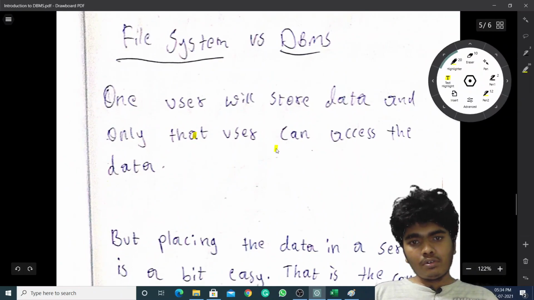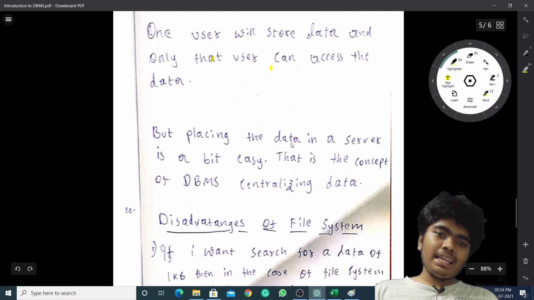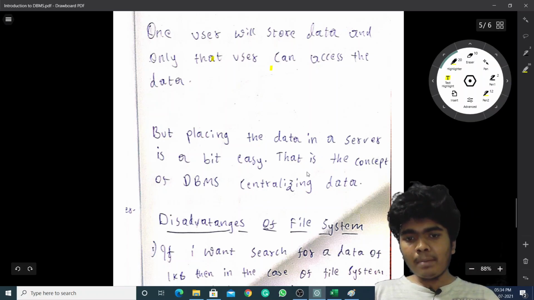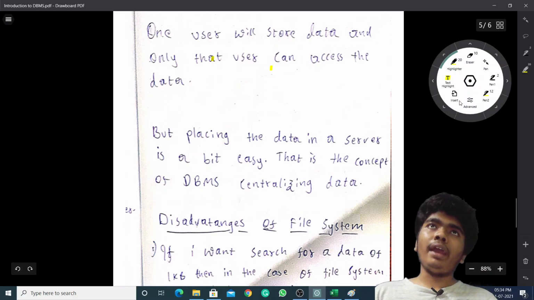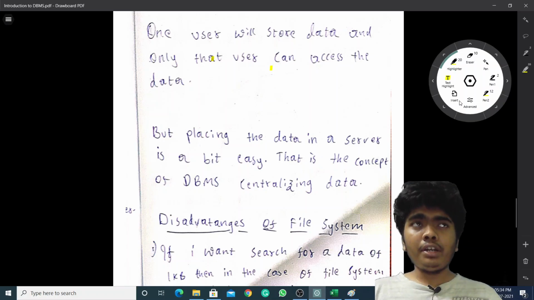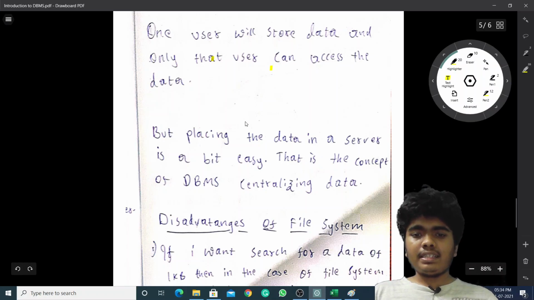In a file system, one user stores the data and only that user can access it. But placing the data in a server is a bit easy. That is the concept of DBMS, centralizing data. If we post some data into Google Drive, we do not need to memorize the place where it is stored, because it is centralized data.